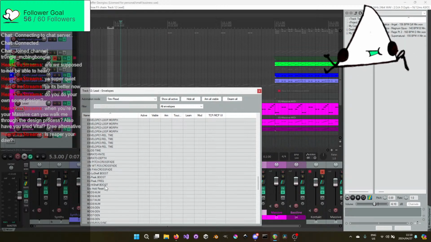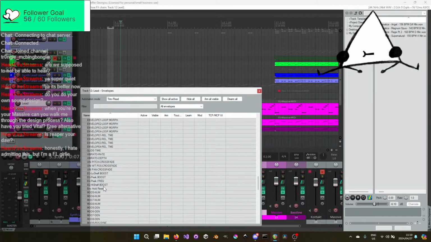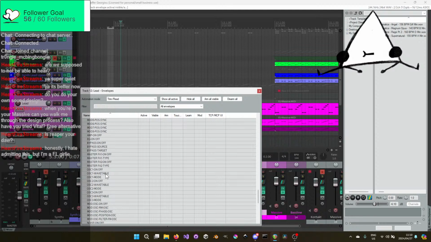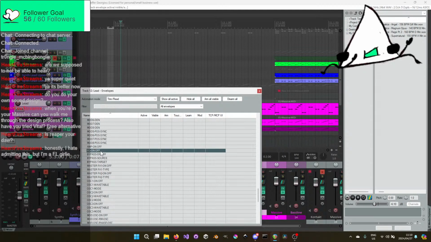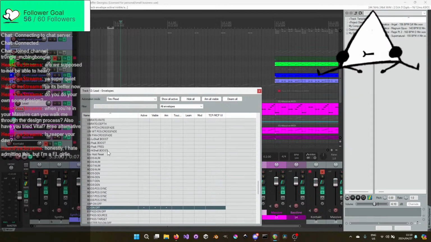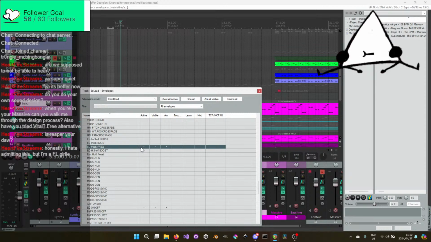EQ, we found it. Is there an EQ bypass? Can I turn it off? Shelf boost, frequency boost. Can I not turn it off? EQ on off. Here we are. This is what we want. So we want that active, and then we also want EQ low. We just want the EQ peak frequency. We don't want any boosting. I don't think this EQ is going to do what I want.